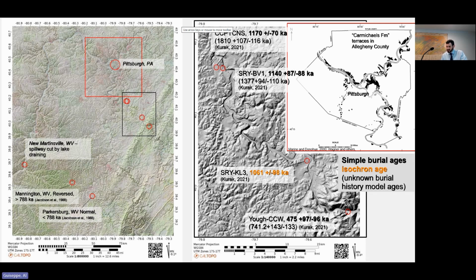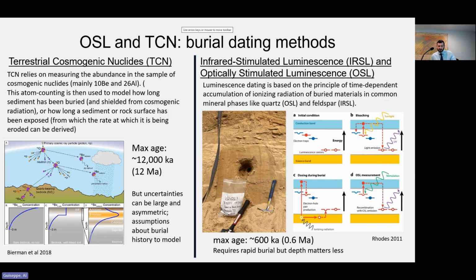And so next, you've probably heard me rattle off terms like OSL and TCN. These are both burial dating methods. TCN stands for Terrestrial Cosmogenic Nuclide. This can be thought of as analogous to other radiometric dating methods, but different in ways I don't want to spend time on today. The key point here is that it is good for ages up to 12 million years,